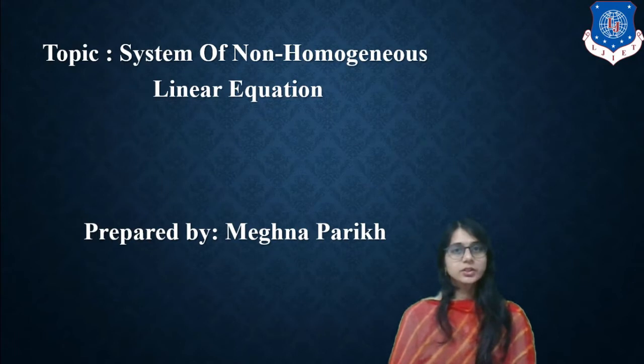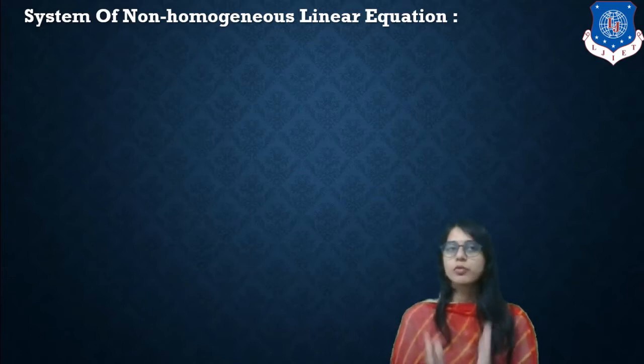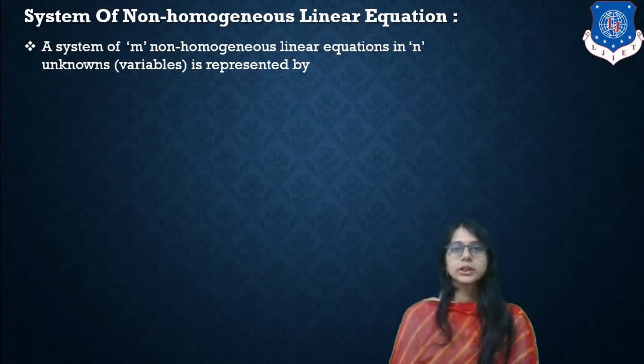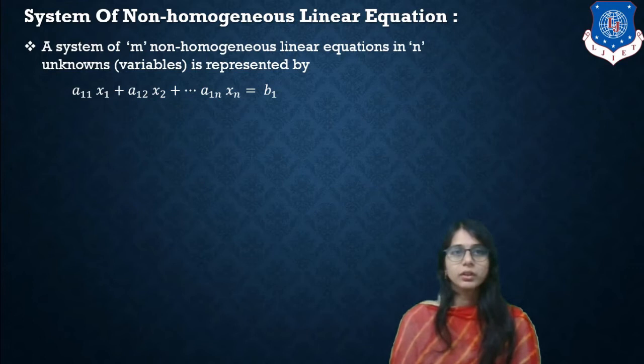Of the Mathematics 1. Today our topic is System of Non-Homogeneous Linear Equations. Now, first of all, what is a system of non-homogeneous linear equations? A system of m non-homogeneous linear equations in n unknown variables is represented by a11 x1 + a12 x2 + ... + a1n xn = b1,